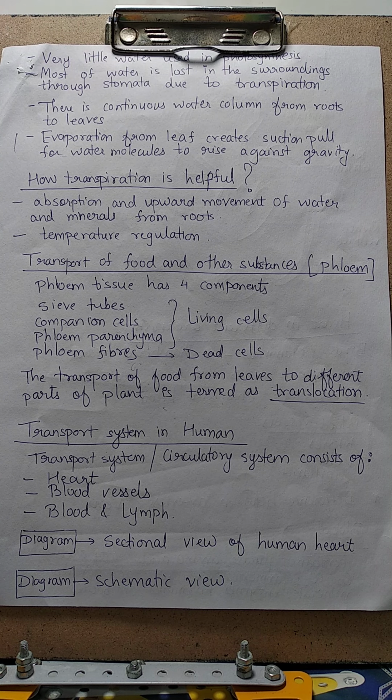Okay. Then the energy from ATP is used to transfer glucose to phloem tissue. Now what happens? This increases the osmotic pressure of phloem tissue, because the water content inside phloem tissue is less as compared to its surroundings. That is why the water from surroundings starts moving into the phloem tissue, and that process is called endosmosis.